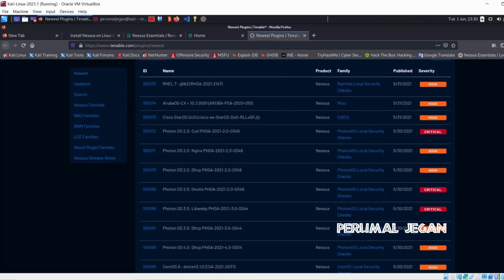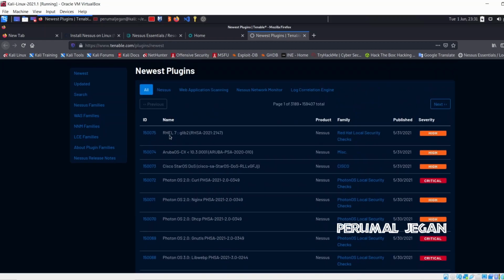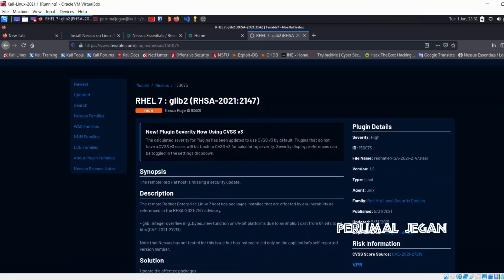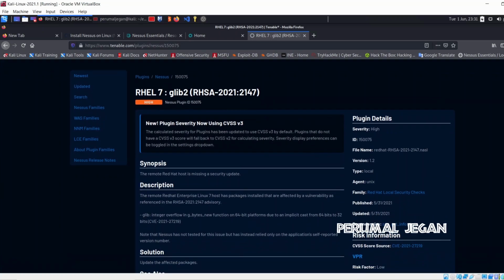You can see various vulnerabilities for various systems here. The Red Hat vulnerability. They classified each vulnerability inside a vulnerability family, and also mentioned the severity of it. So when you click this vulnerability ID, you will be able to learn more about the vulnerability. When you are doing some penetration testing or vulnerability assessment, you will be able to examine your target using this scanner, and understand the vulnerabilities that your target has.